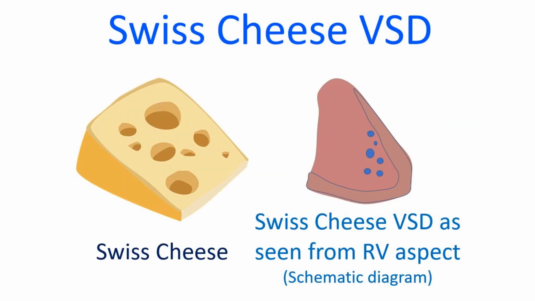Swiss cheese VSD, in which there are multiple muscular VSDs, adequate surgical repair may not be easy. Some of these defects may even have multiple right ventricular openings for a single left ventricular opening. When the surgical VSD closure is done from the right ventricle, when one VSD is closed, another one may be